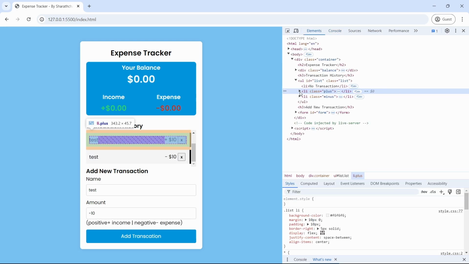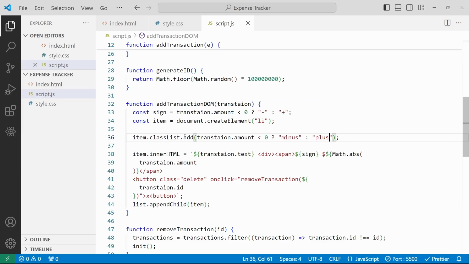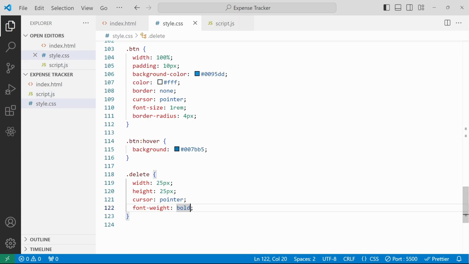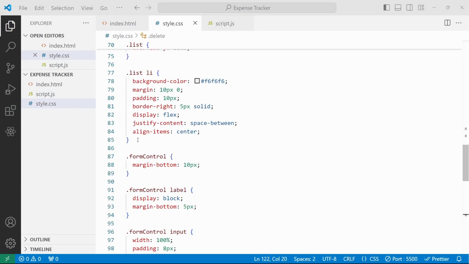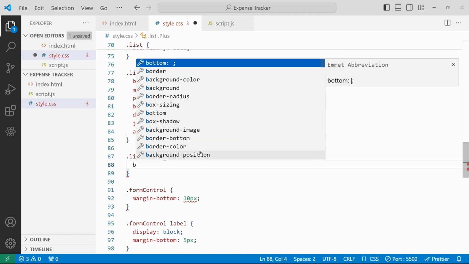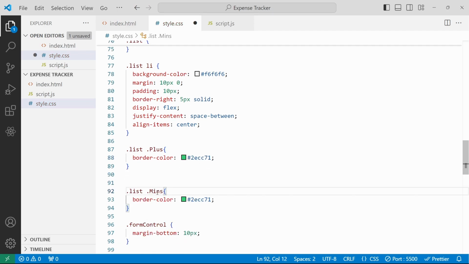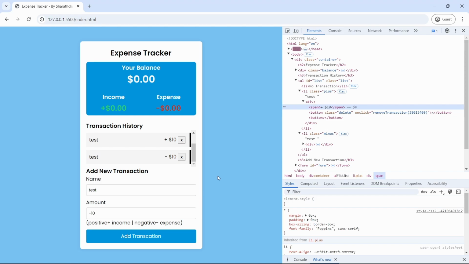So I will go and check. Here we can see the test, and then class of plus will add the style. So for that I will jump to the style.css. For this list I will add list dot plus. For this plus will set the border color to green color. Same thing for minus also. For minus I'm going to add the red color. If I save, if I go to the